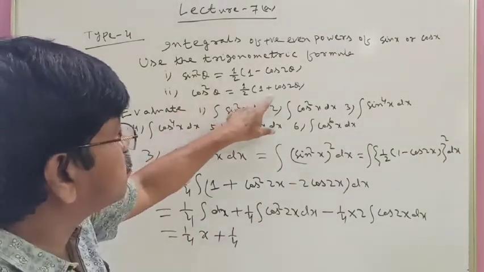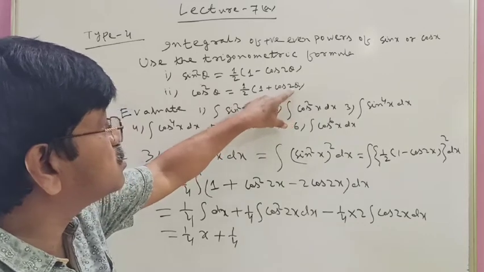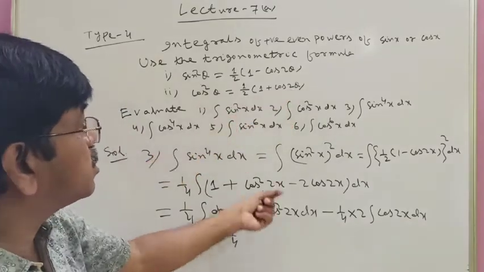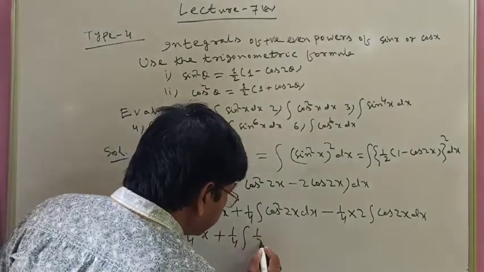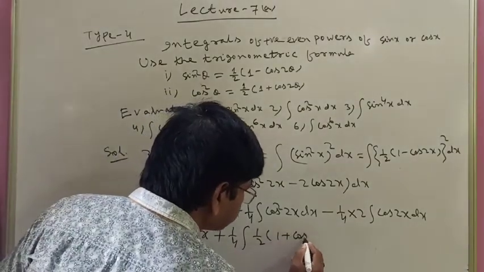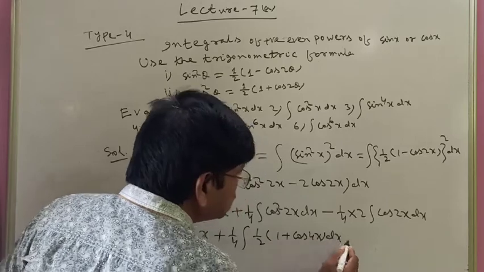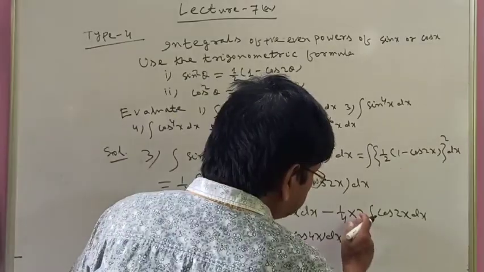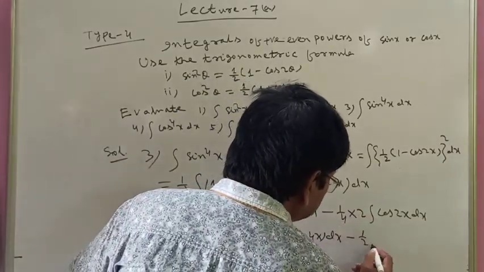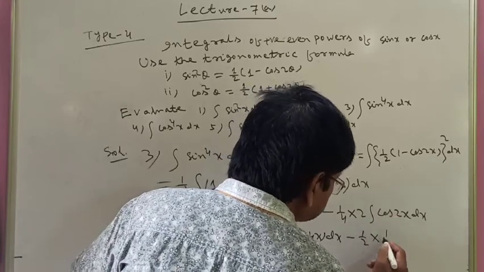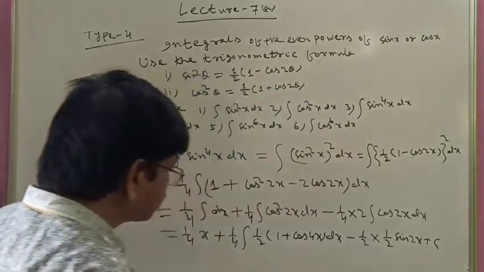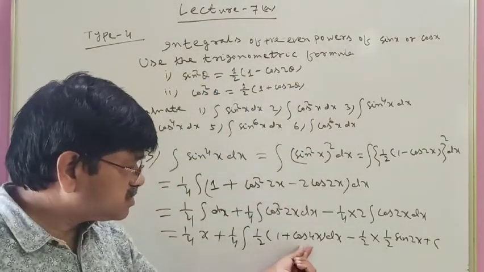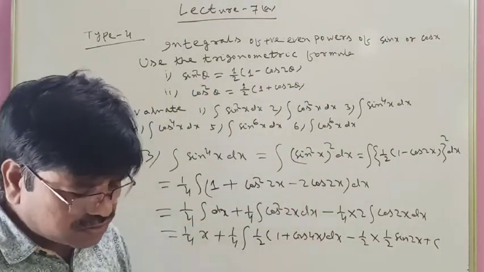So it will be half into 1 plus cos 2 into 2x, which means cos 4x. So this cos square 2x will be half into 1 plus cos 4x. So let us write half into 1 plus cos 4x. Now you need to write this out. This is 1 by 2. And what is the integration of cos 2x? That is 1 by 2 sin 2x plus a constant c. Now you can integrate this because it is a multiple of cos, that is cos 4x.